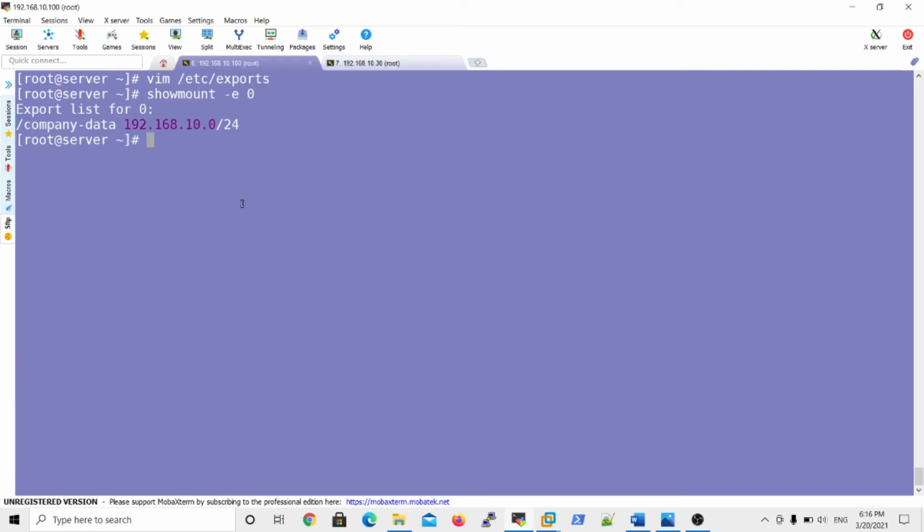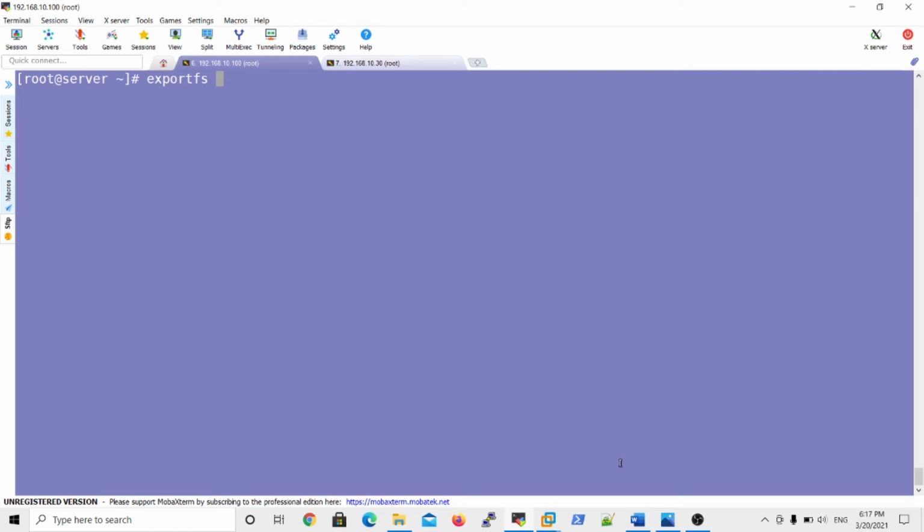So how can you refresh new things without affecting connected users? We can use exportfs as the command. Actually exportfs is the command to update new resources under the /etc/exports file.